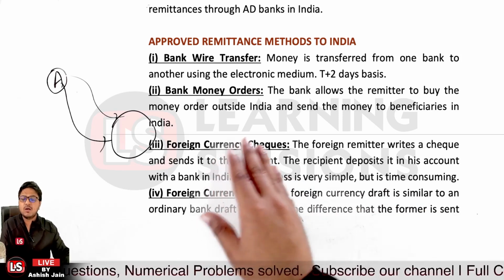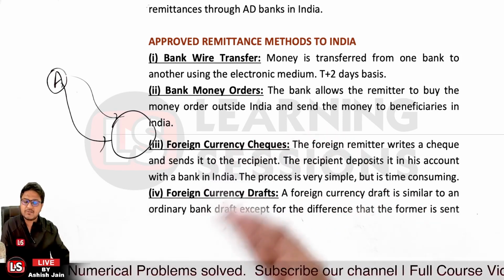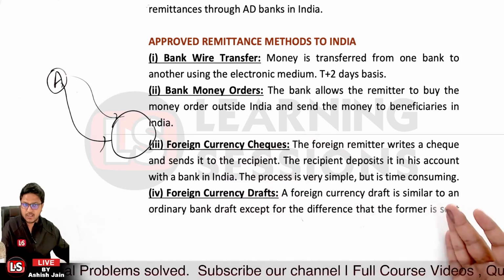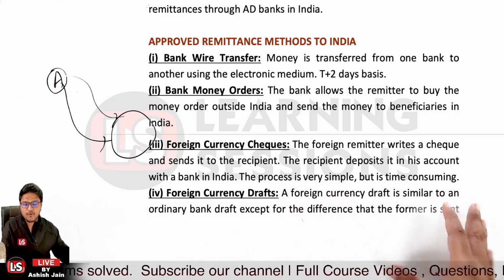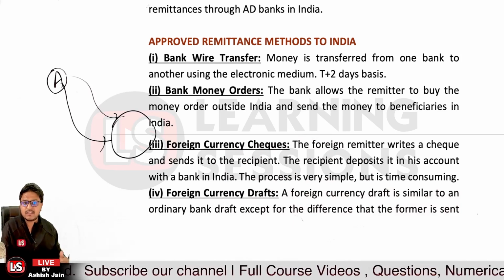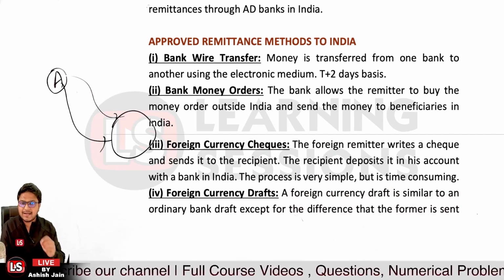That's actually related to money orders. Local money orders are there, and foreign money orders will be there. Okay, then it's related to foreign currency checks. Now the foreign currency check method is quite simple, where the foreign remitter writes a check and